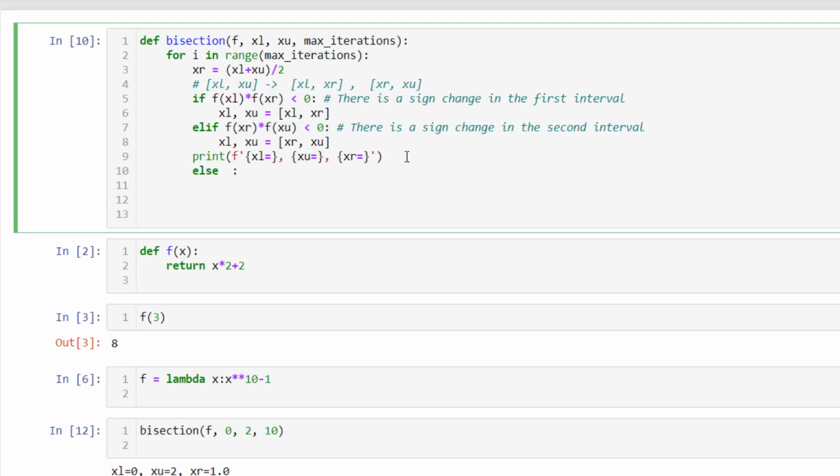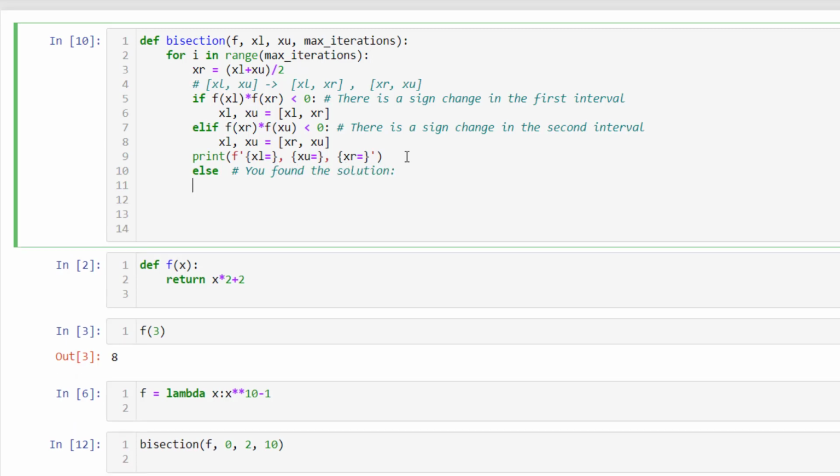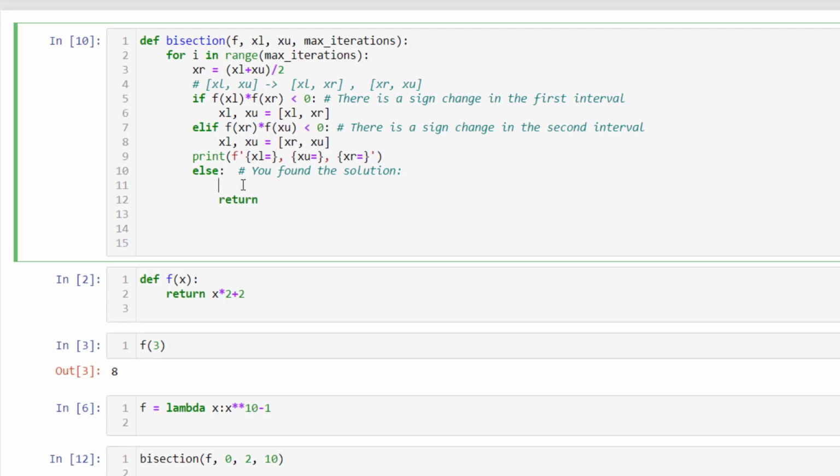So you found the solution. If you found the solution, then you can just break, or you can just say return to stop your function. Okay, maybe you can do a message as well, print f-string, solution root is,